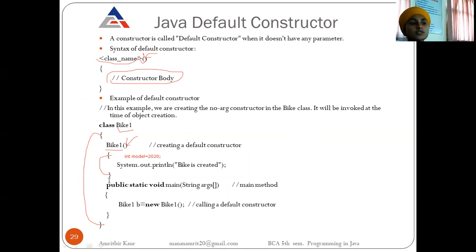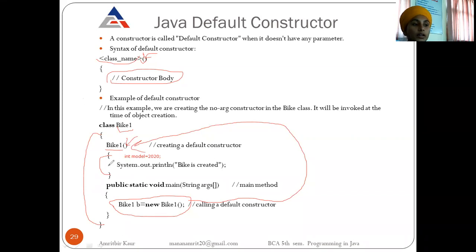So in this class we are writing public static void main because we can create our object in this class. Here we are just creating an object of our class B. When this code is executed, when this line is executed, the object is created. At the time of object creation, the constructor will be called automatically.